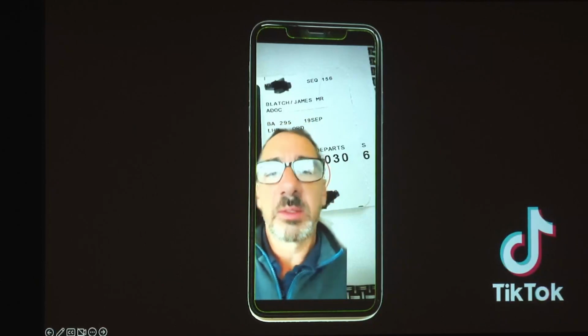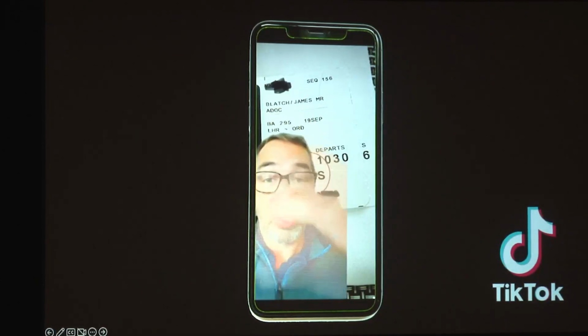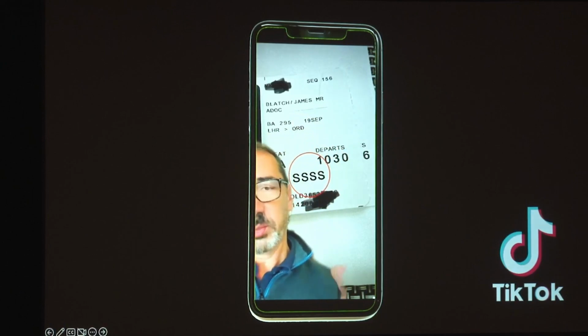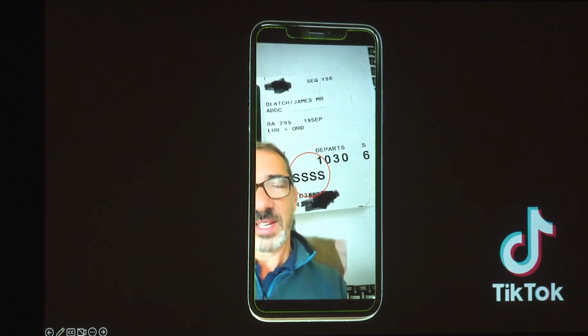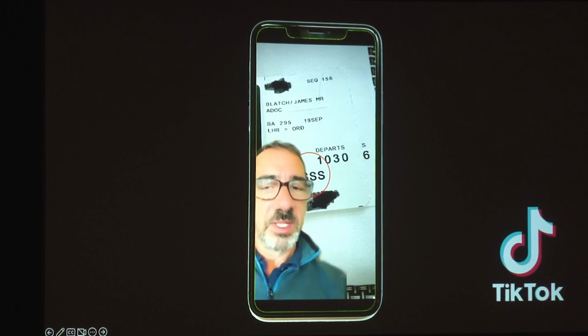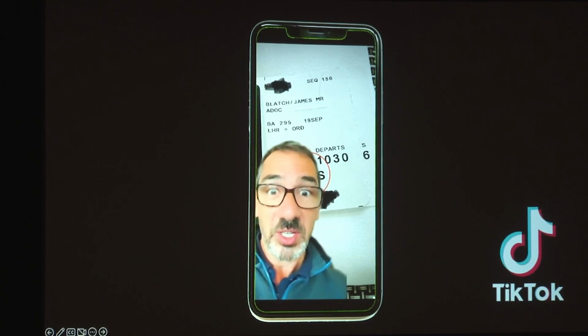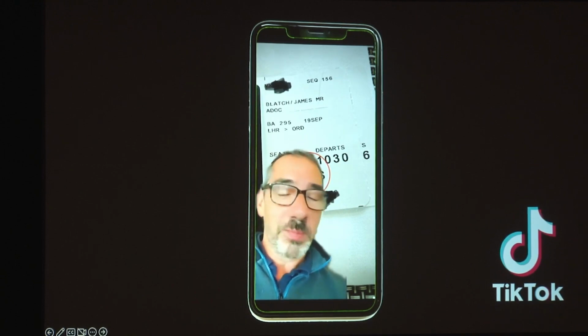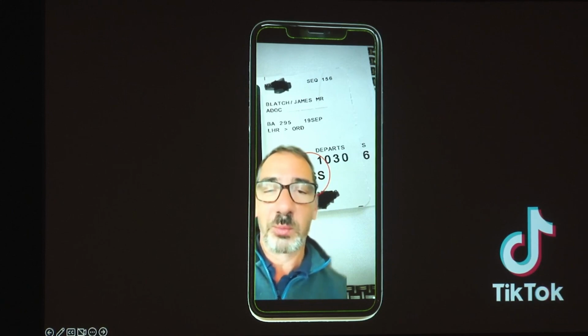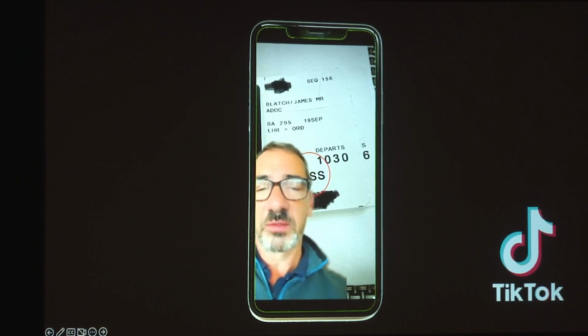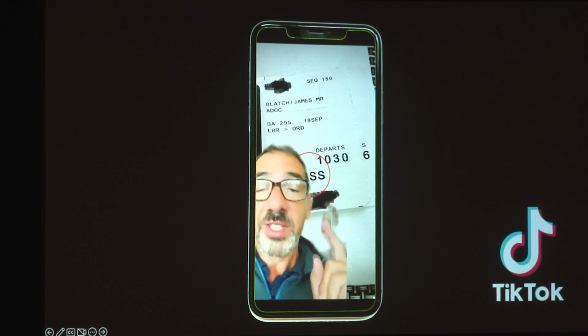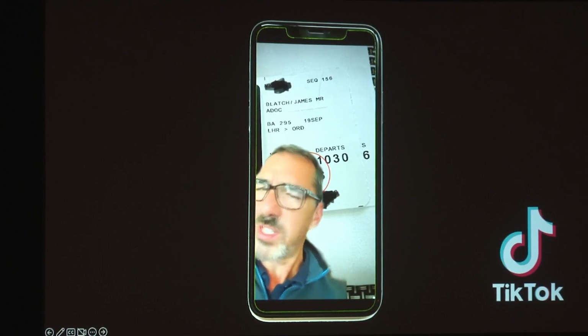Guess whose lucky day it is? I'm at Heathrow Airport and flying to the US, to Chicago, in fact. And if you ever see this on your boarding pass, SSS, it means you've been randomly pre-selected for enhanced security. So that's what you can expect. When you get to the gate, your name will be called, you'll be taken downstairs out of the queue, and not allowed to board. Your companions, they have to get on the plane as normal, they're not allowed to come with you, and they'll basically do like a sniff test using the machine with whatever you're carrying on you. Don't worry, no latex gloves are involved. And it is apparently random, although this is the second time it's happened to me this year. I think they don't trust me over there.